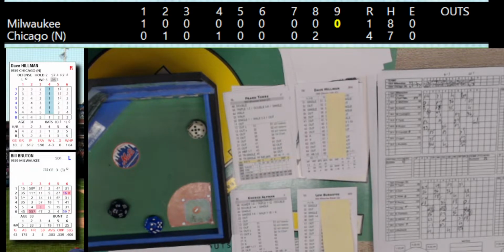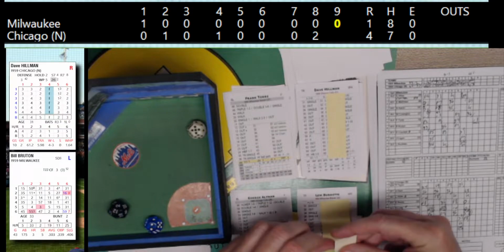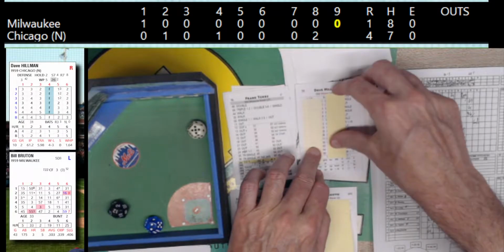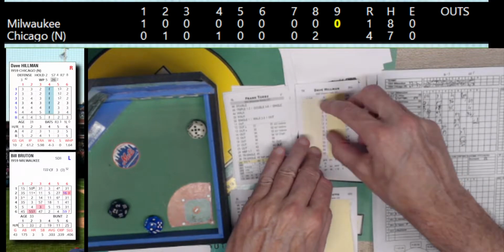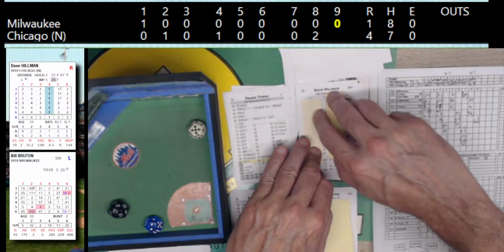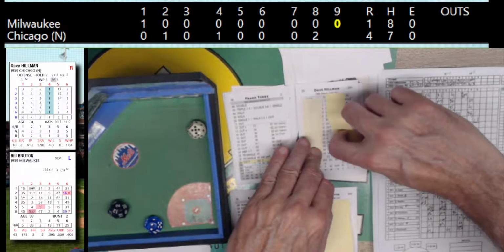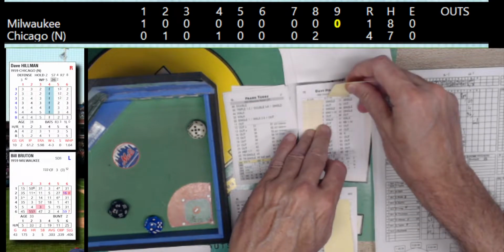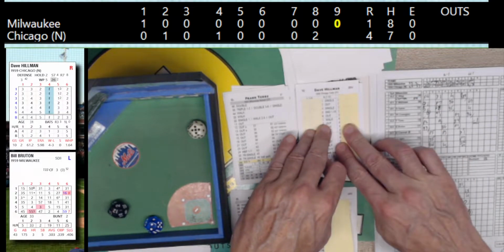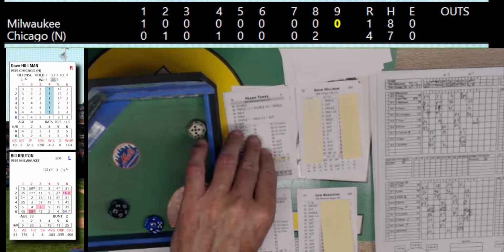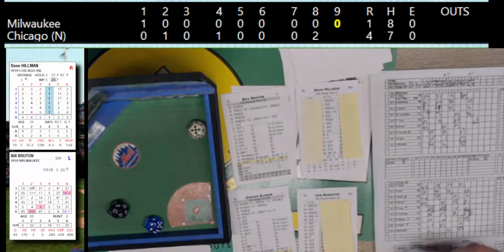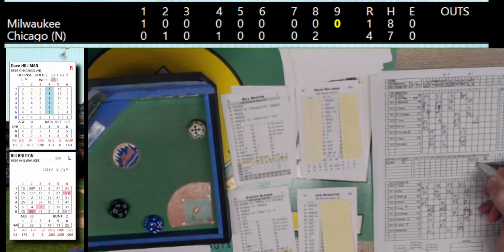And he will have his B stuff. So Hillman comes in to face Bruton with 1 on and nobody out. The Braves are trailing by 3. Dave Hillman, I'll tell you what he's doing in the replay.